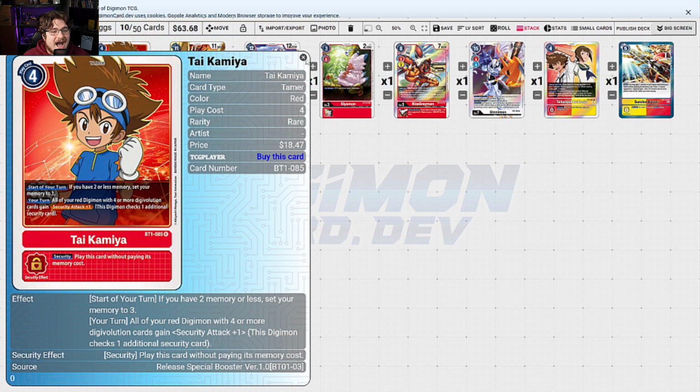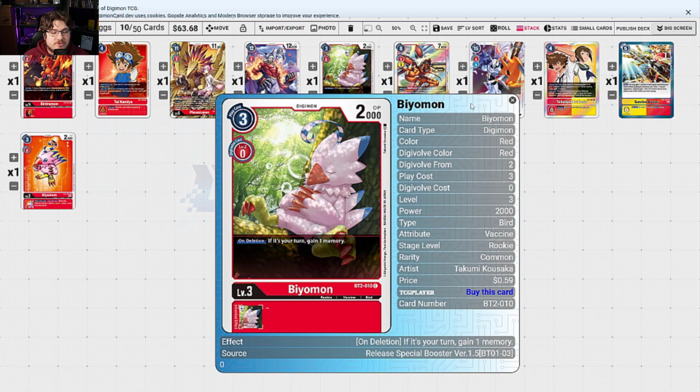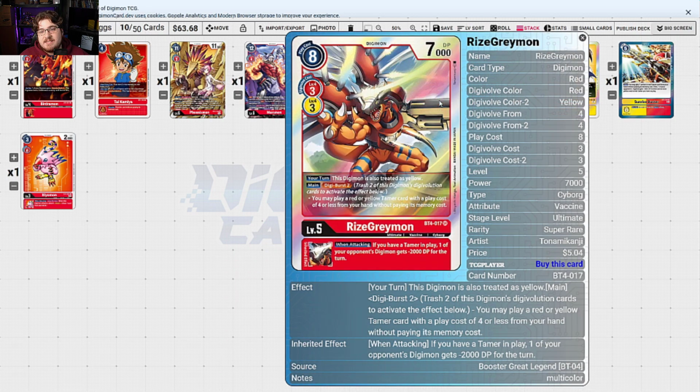You know, even getting a tie out is huge. And then you have Biomon here, which is another bird type. It can be searched by its searcher's effects, and then it has the on-deletion gaining memory, so if it swings in, you get an extra little bit of extended play. Rise Greymon's in here for that, playing a Tame card, which will let you tie. Your Phoenixmon main can play,